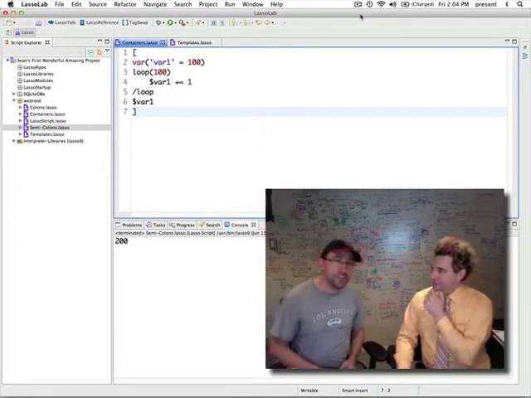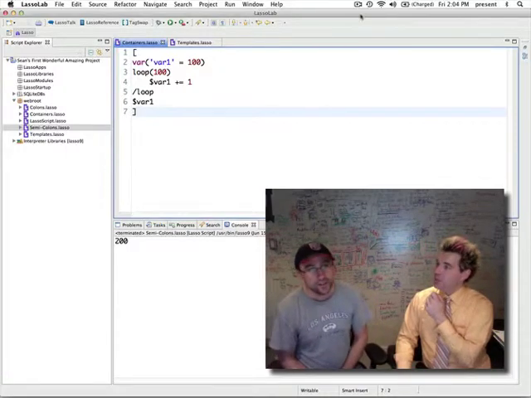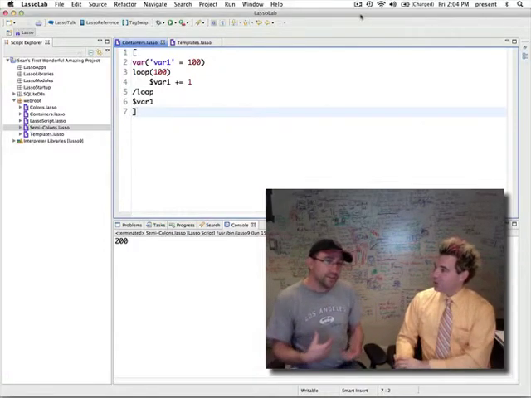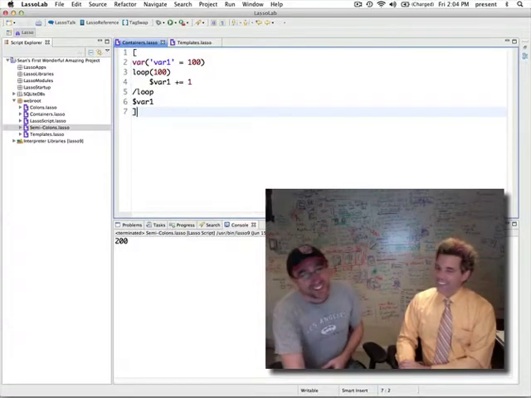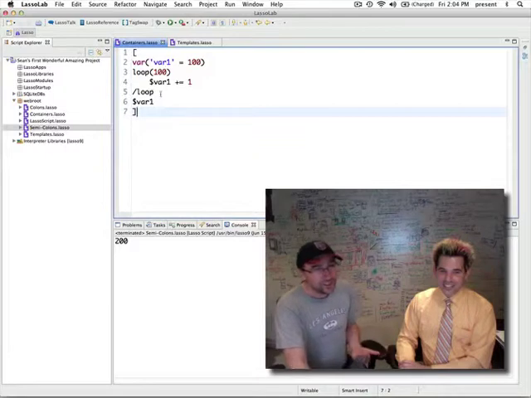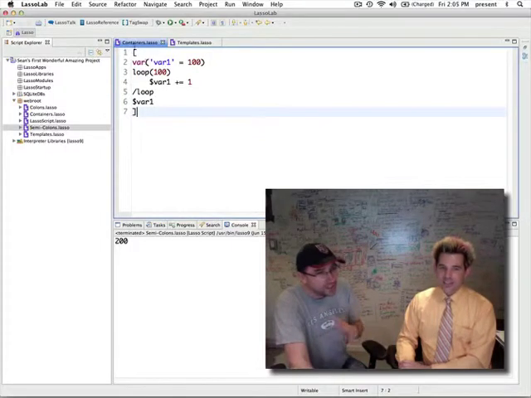So Lasso 9 introduces the concept of the capture. The capture. Okay, so as in capture the flag. Not quite. Okay. All right, so let's convert this Lasso 9 code that runs perfectly fine in